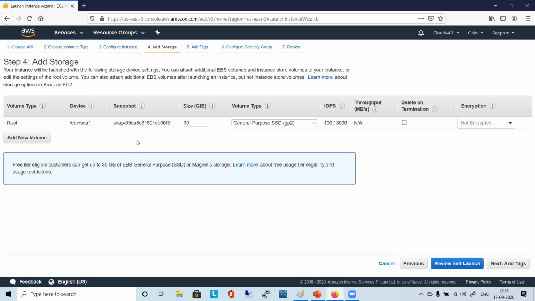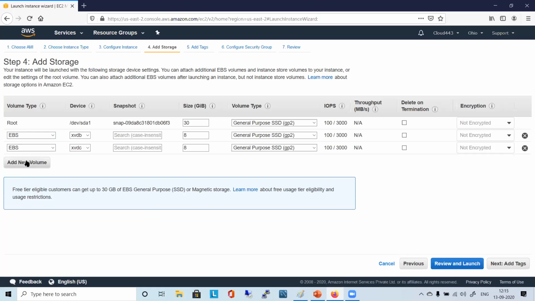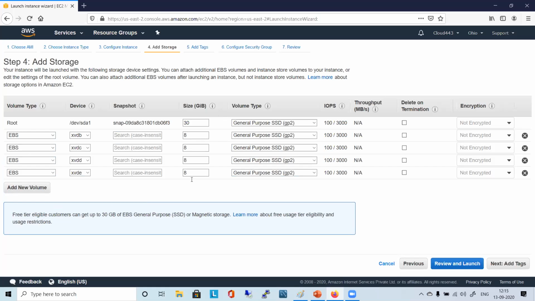Buddha, when you talked about C drive and then E drive, if you add a new volume, this is again block storage. All of these are block storage, which will be attached like a hard disk in your system. As you told, this root volume is exactly the C drive, or if it is a Linux machine, you will have the slash root file system. So just understand it like that. When you talk about the additional drives, those are additional hard drives attached.